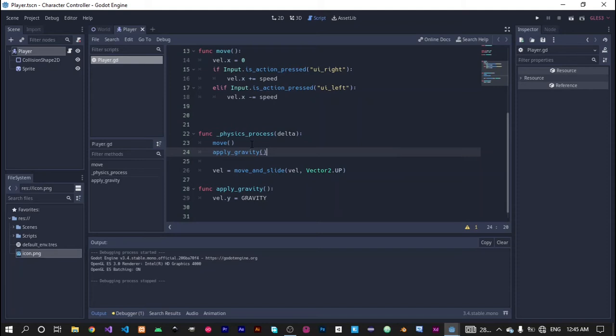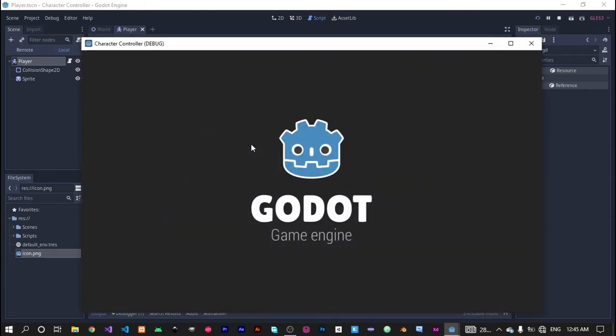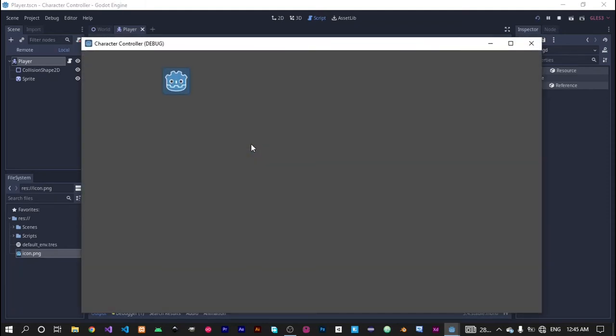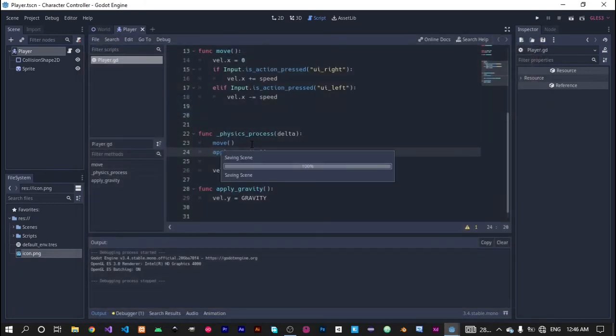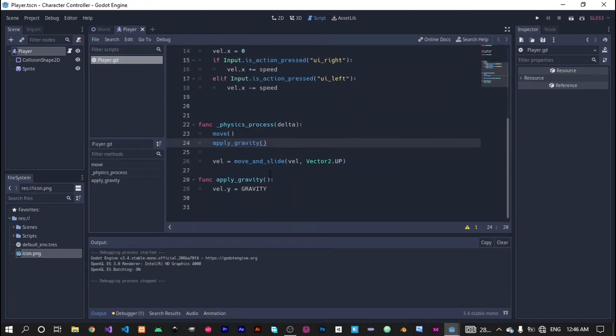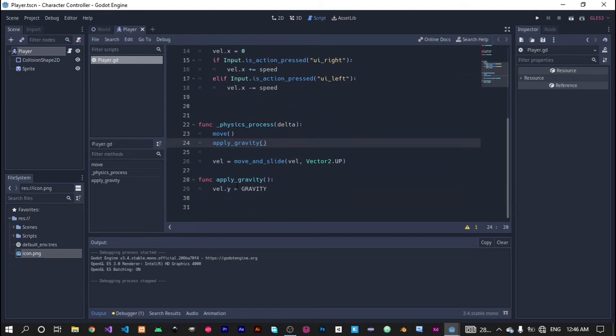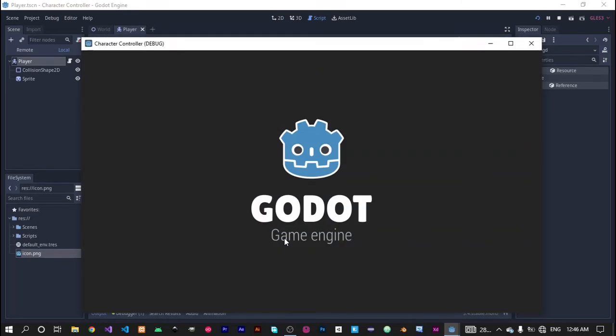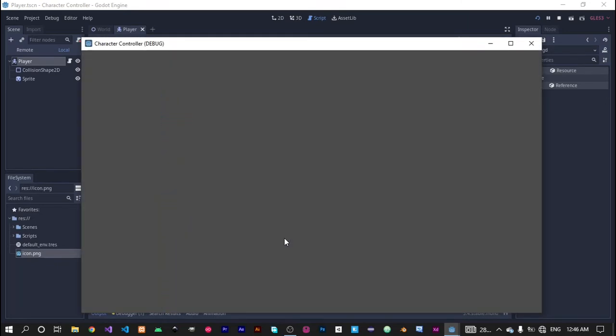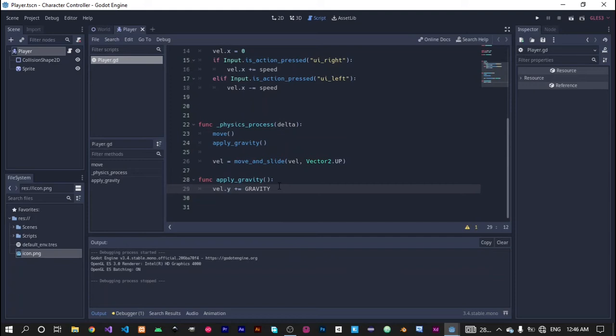Okay, let's run it again, and here you can see our gravity is pulling our character down, but it is very slow, so let's increase the gravity value by adding a plus symbol. Now let's see, as you can see it falls much faster than earlier,